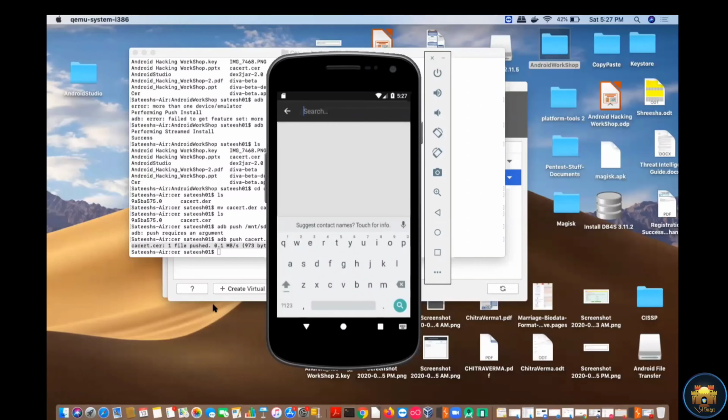Suppose, from another perspective, you are working on the application and your device is stolen. Before rooting, some information is accessible, and after rooting, some more information might be accessible to the attacker. So if we root the device, we can see how much information can be retrieved by the attacker or malicious user.